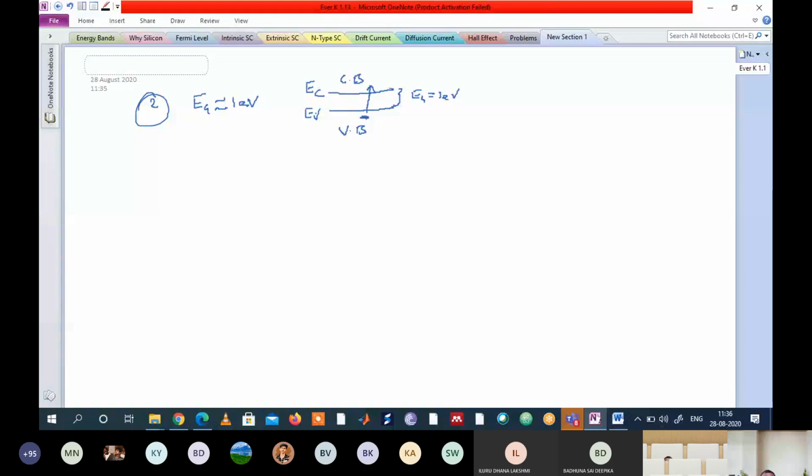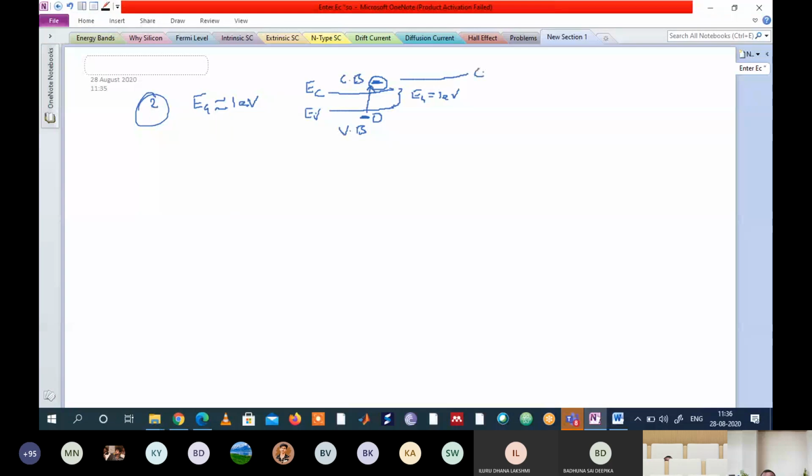So this electron will take energy of 1 electron volt from the atmosphere. It may be sunlight, or if you give external energy through your hand, or whatever it may be, an external source, then this electron takes energy and jumps into the conduction band. So it will jump and be placed in the conduction band, leaving here a hole. So if an electron jumps from the valence band to the conduction band, immediately what flows?